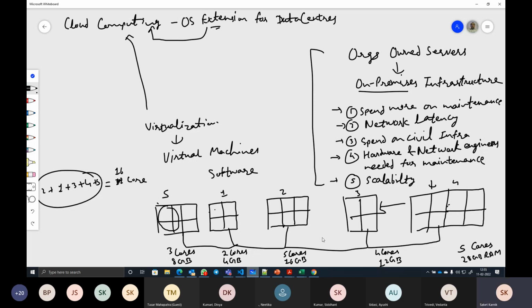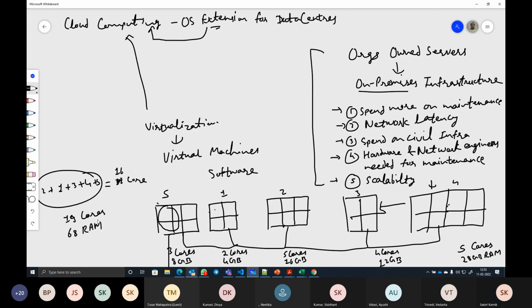So for cloud, what would happen is it assumes that all this available set of resources are part of one single machine, and then it makes a resource pool out of it. So aggregated number of cores, how many are there? 3 plus 2, 5, 5 plus 5, 10, plus 4, 14, plus 5, 19 processor cores I have in my pool. What is the amount of RAM I have? 8 plus 4, 12, plus 16, 28, plus 12, 40, plus 28, 68 GB of RAM